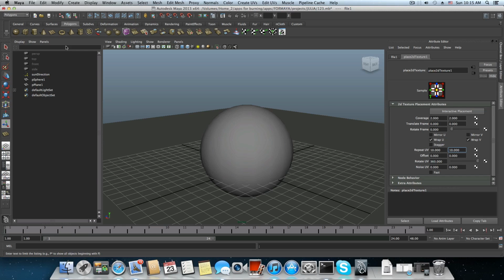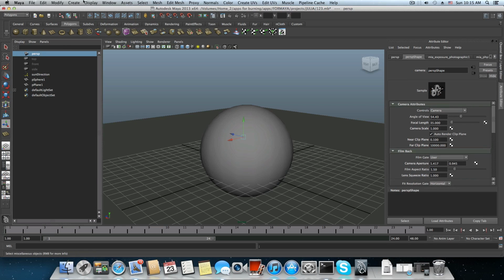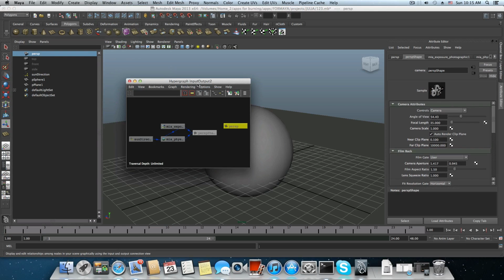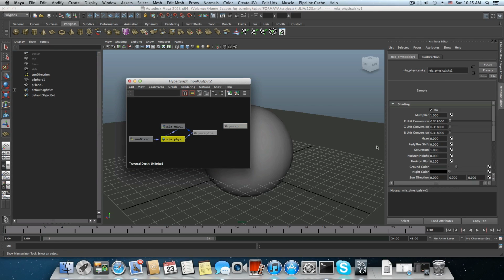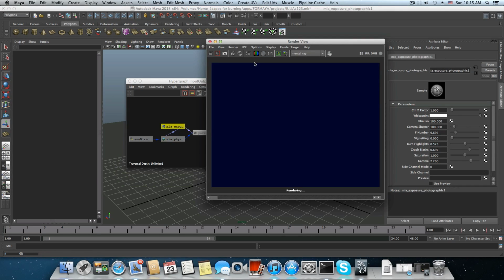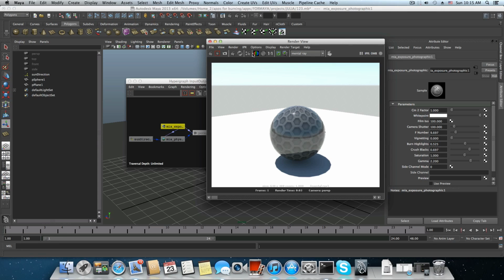I'm not sure why it's there. I don't remember what I did last time, so maybe I played a little bit with the vignette effect. So the vignette effect is in the Maya exposure, and maybe I will reduce this and great. So maybe also change it to 9 and